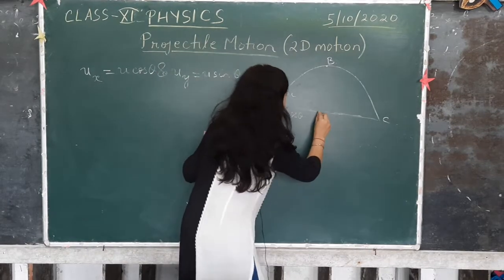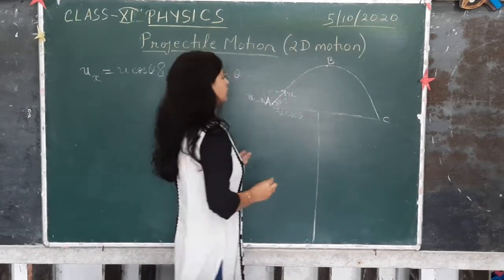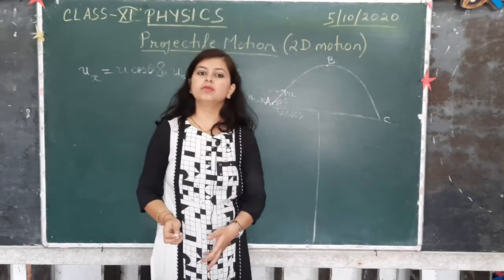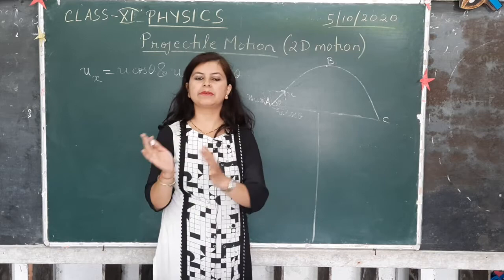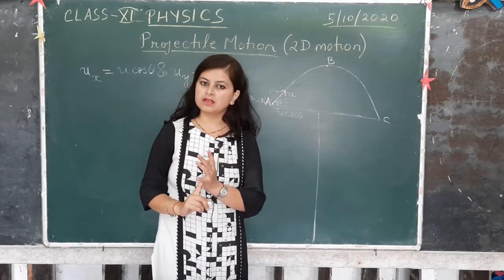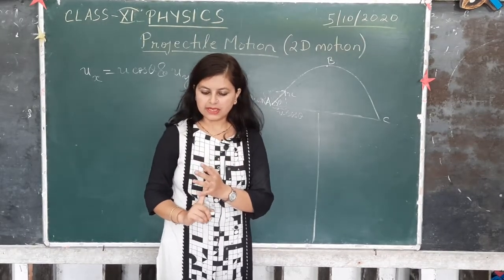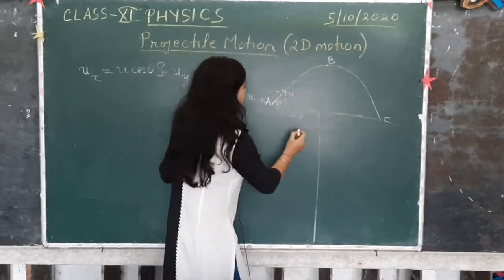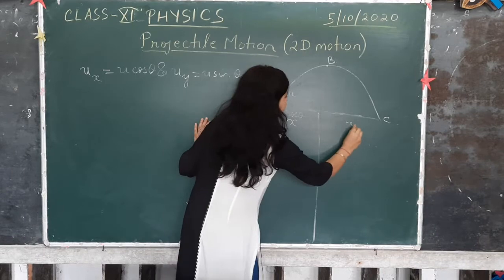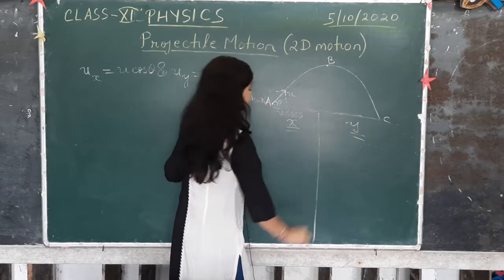Now we will see the motion, because the motion is occurring in both x and y direction. We will see separately what is happening in the x direction and what is happening in the y direction in terms of velocity, in terms of acceleration, and in terms of the displacement covered. That is, if this is x and this is y, we are going to analyze the motion in x